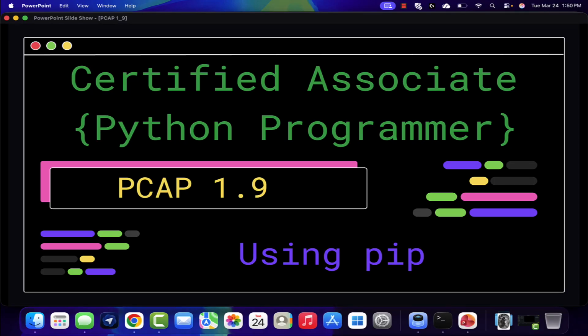Hey everyone, Anthony Sequeira here, and in this episode of our Certified Associate Python Programmer course, we're going to use that pip package installer that we had discussed in an earlier episode when it comes to installing these packages in